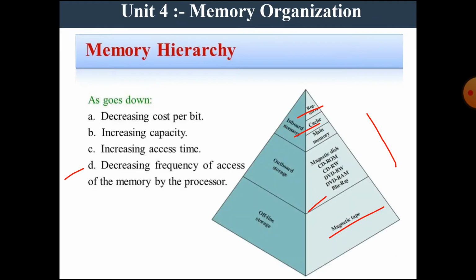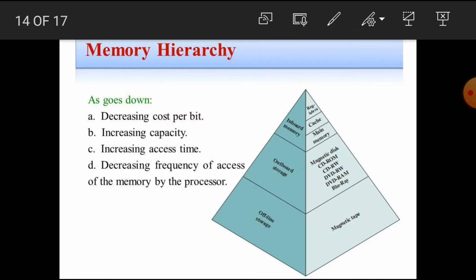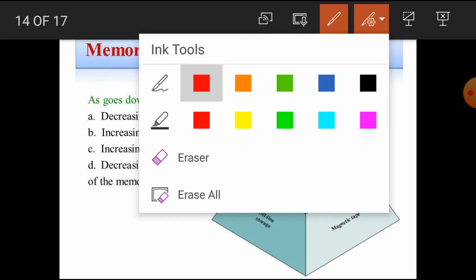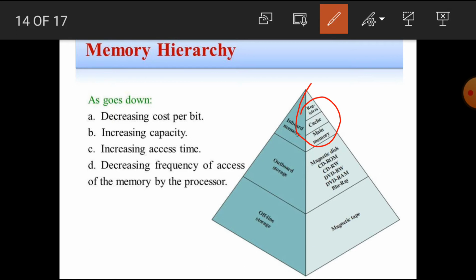Let's see once again. In this memory hierarchy there are total 5 levels. First one at the top is registers, then cache, main memory, magnetic disk, and magnetic tapes. The register memories are used to store the single bit results during the execution in CPU. When the program executes, its data is stored in cache memory. The main memory is central to directly communicate with the CPU, and these three are the volatile types of memory, and these are also called the inboard memory.